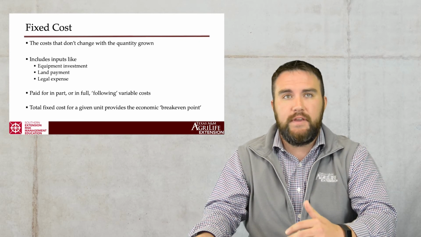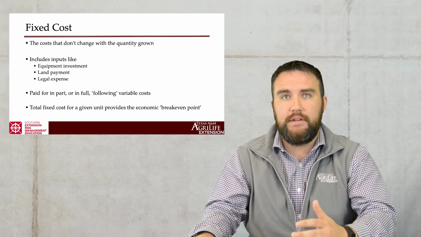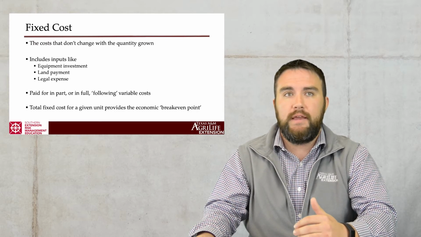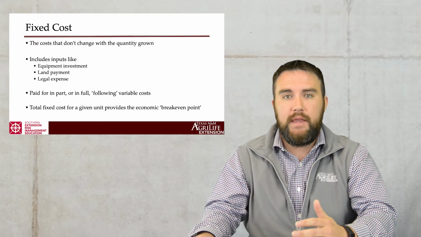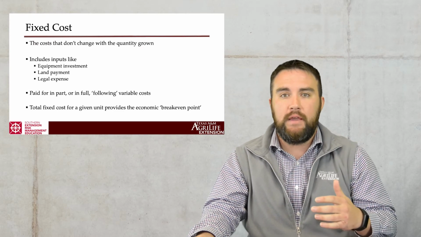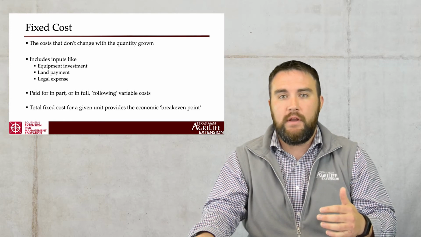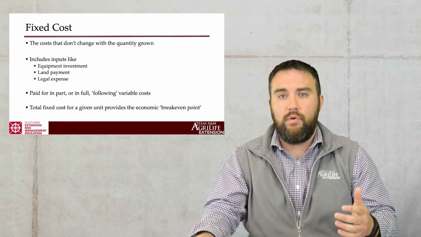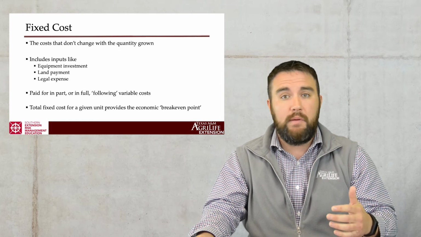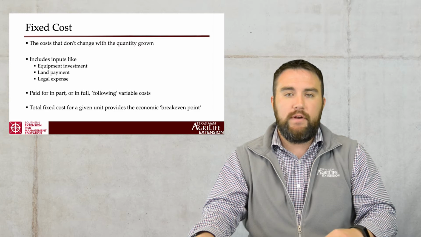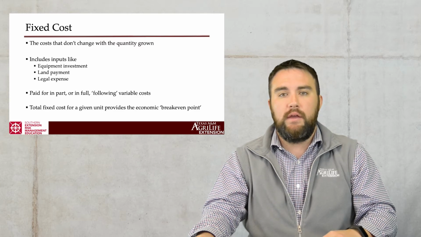Fixed costs are costs that don't change with the quantity that we do grow. So for hemp, this includes inputs like equipment investment and land payments. Now those two are things that we see when we produce any commodity. Equipment investment and land payments are on budgets that we have for corn, they're on budgets for cotton, on budgets for producing cattle. A unique fixed cost that we think about whenever we're talking about producing hemp is the legal